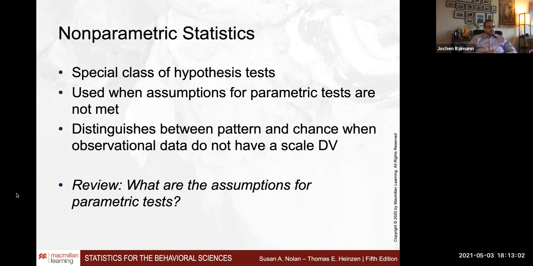also independence. All individual entries need to be independent from each other. So if you have absences versus exam grades, this cannot be the same student having two entries from two different semesters. This is not legit. So it needs to be independent pairs, independent data points. And if it's not independent data points and you're doing a time series kind of analysis, you need to take into account what is called a random effect.